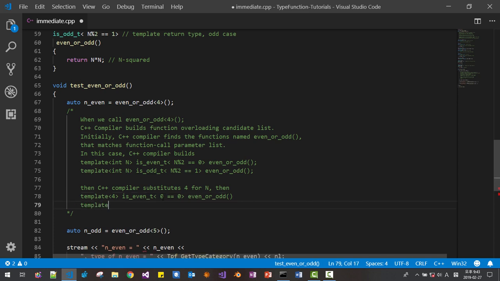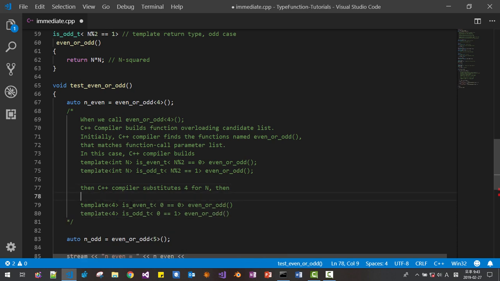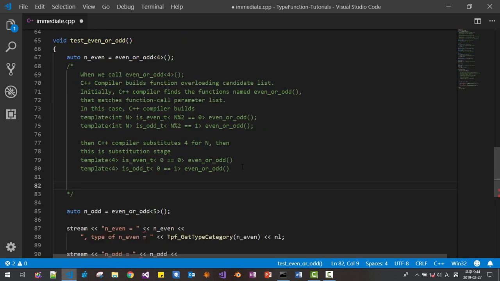Also for the other template, we substitute the number 4 in this function like this: is_odd_t, 0 equal 1. This is the substitution stage.